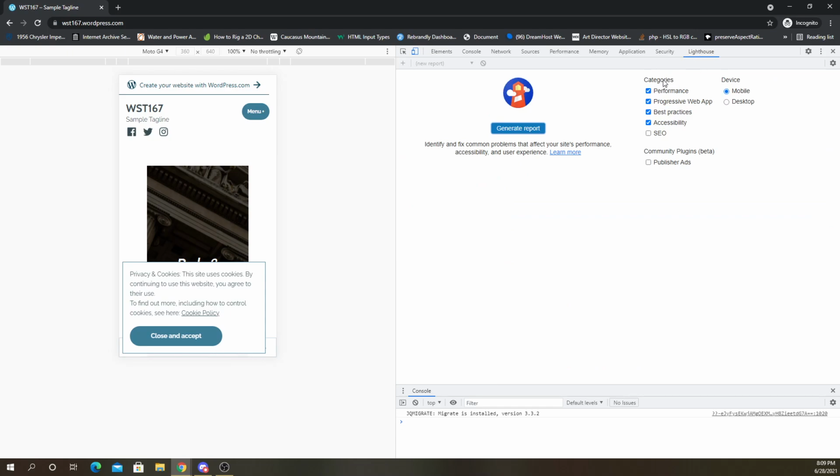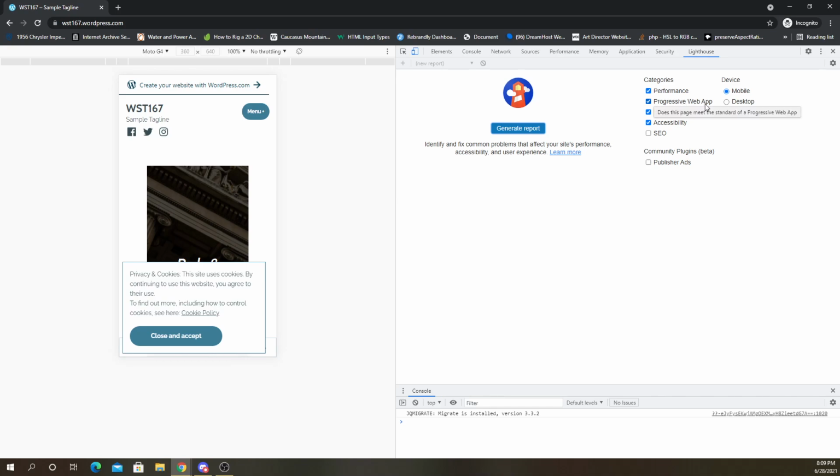And this thing will check performance, check if it's a progressive web app, which I don't think WordPress, maybe you can make progressive web apps with WordPress. It's pretty important actually, progressive web app.